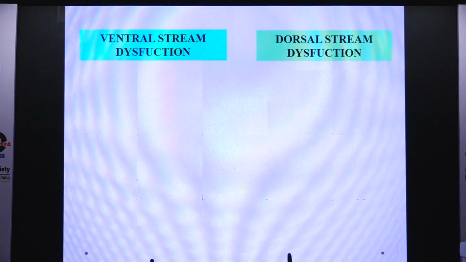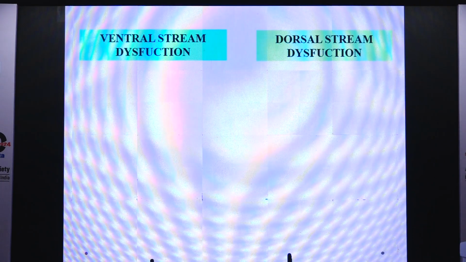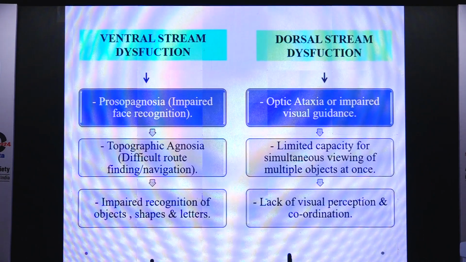Now, what happens when this system goes haywire? This is where CVI happens. So this is ventral stream dysfunction and dorsal stream dysfunction. What happens? As the ventral stream stands for the memory of the brain, what we first notice is prosopagnosia or impaired face recognition. There is topographic agnosia or difficult route finding or navigation, and there is impaired recognition of objects, shapes,